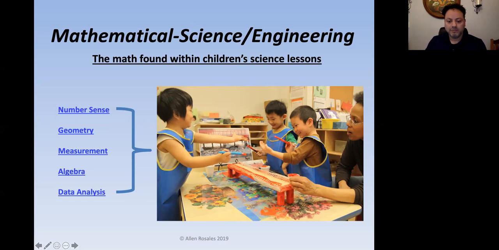Maybe we provide some materials and they build the school that they're in. They build a little model. And maybe there's an elevator that's functional, right? So how do we create an elevator that moves up and down in the building that we constructed? Or maybe we build a cart to move things around to see which cart can hold the heaviest pumpkins, or what size pumpkins fit in the cart.